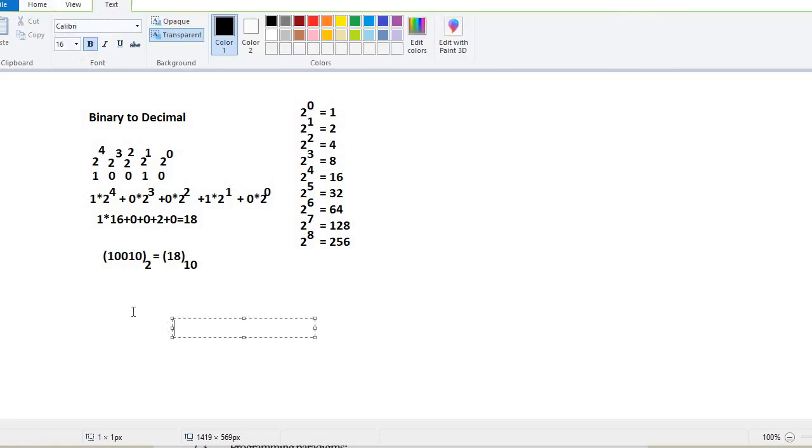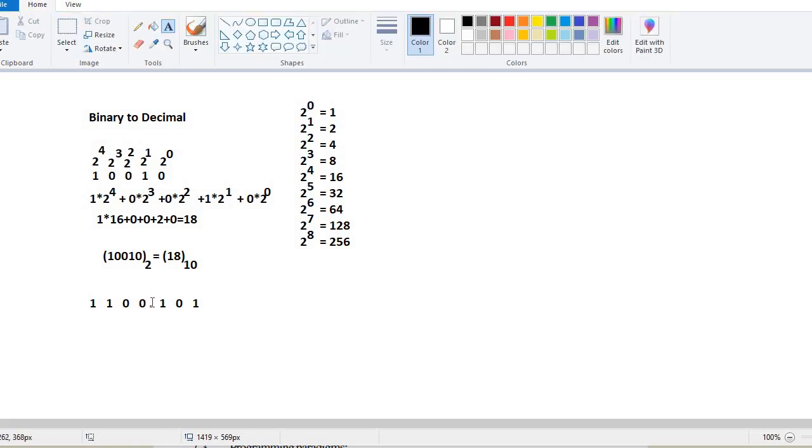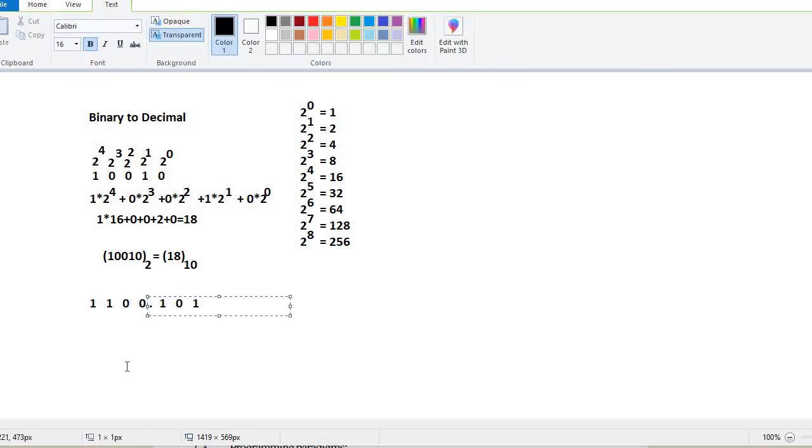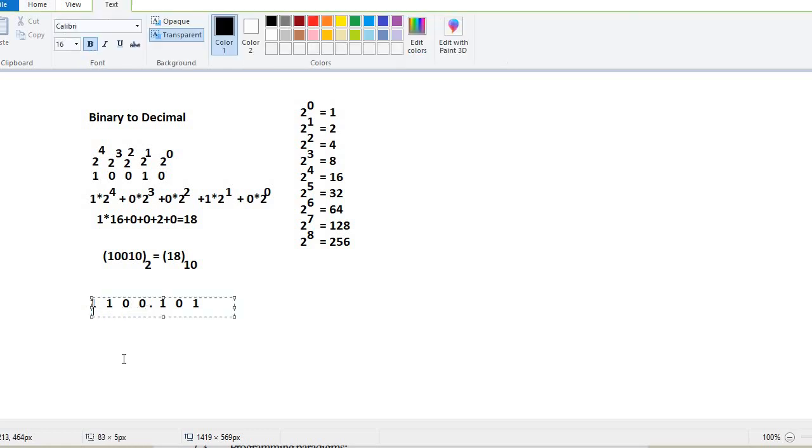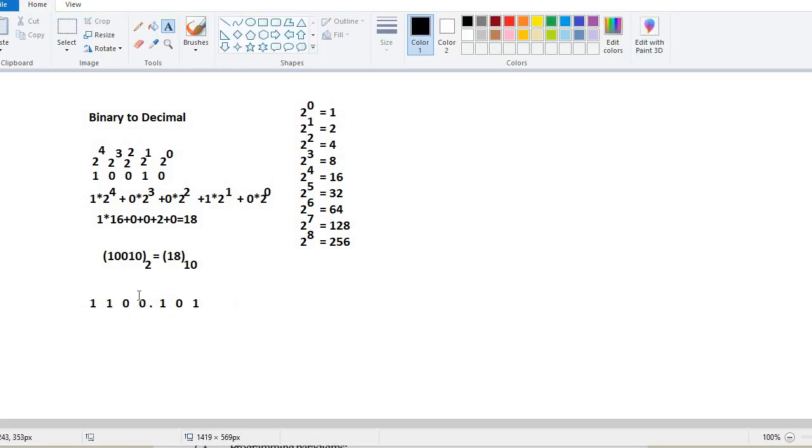Similarly, suppose I take a number, something like this. Suppose I take a decimal value. Okay, 1100.101. Okay, so how will I convert it? This part I have already discussed. Okay, what it will have? It will have